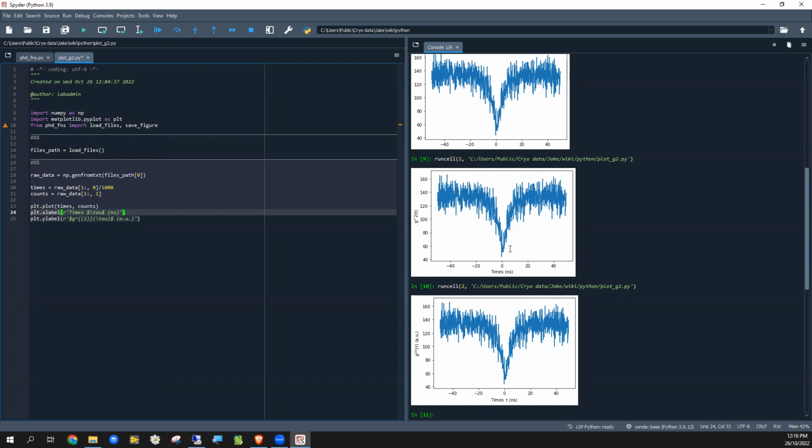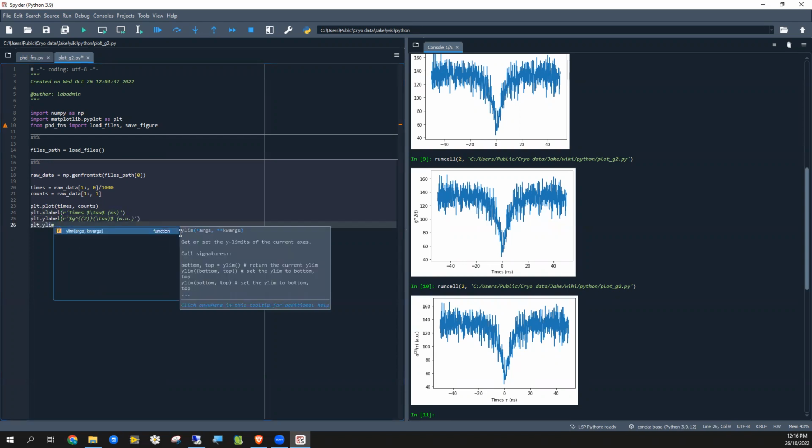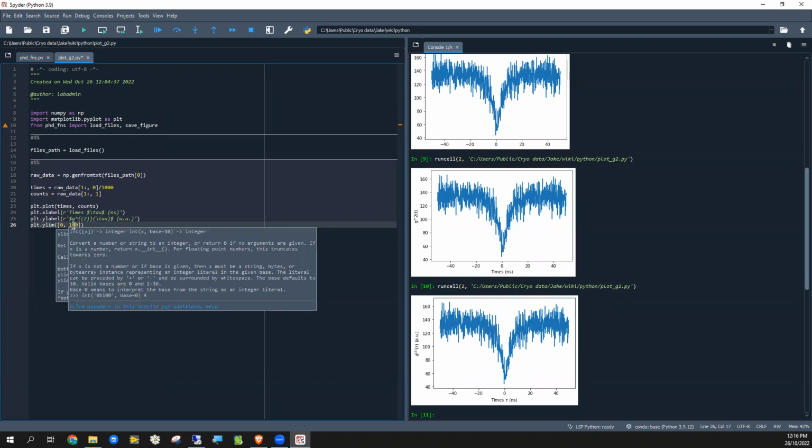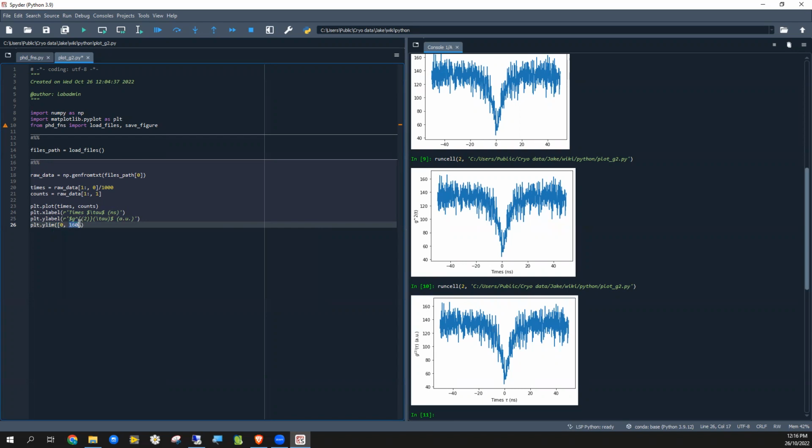But for this, we want to see like what's the purity. So I want to have this value be 0. So I can set that using the y limit from 0 to in this case we can see that it's kind of 160. But in general, I don't know what the maximum of this data set is going to be. So wouldn't it be nice if there was like a way to automatically do that? And sure enough there is,